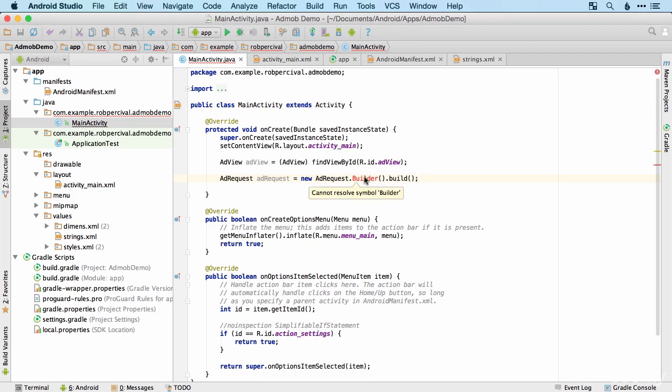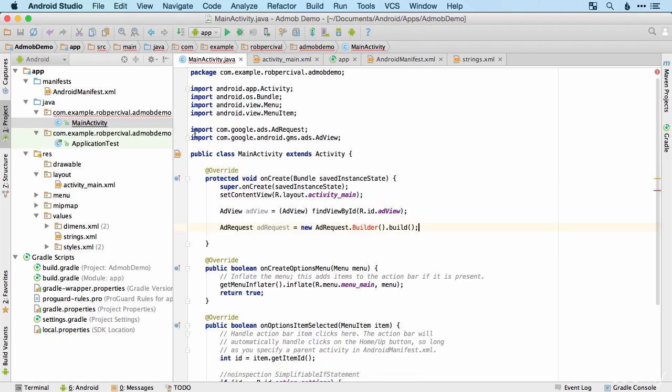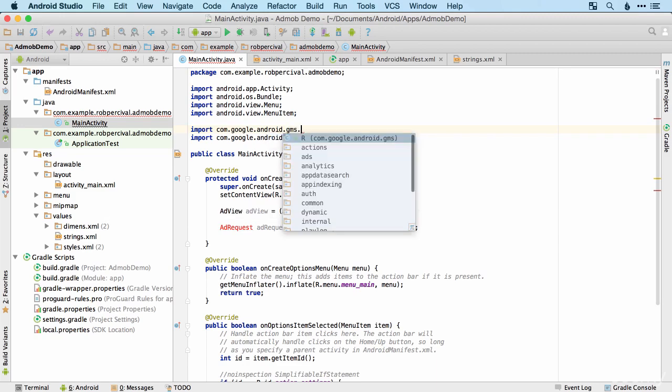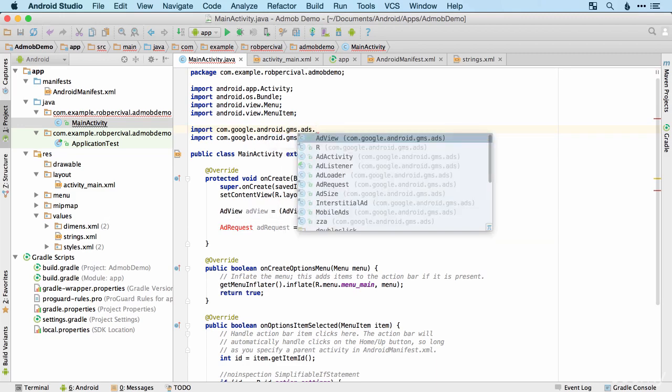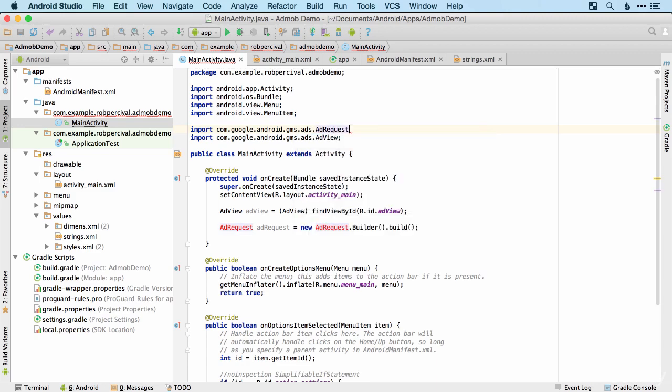You notice I've got an error there. There's no builder method in AdRequest. That's because by default it imports com.google.ads.AdRequest, which is a different version, and it's an older version. We're not using that version. You really want to use com.google.android.gms.ads.AdRequest. There we go. So that's the newer way of doing it, but just make sure that you're importing the right